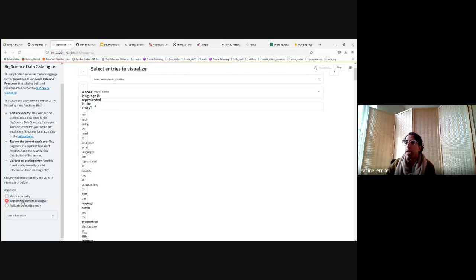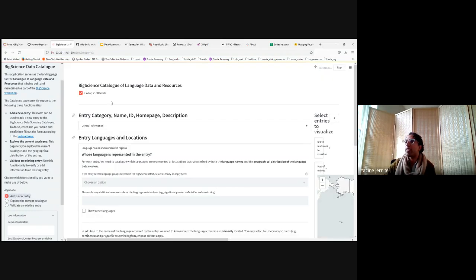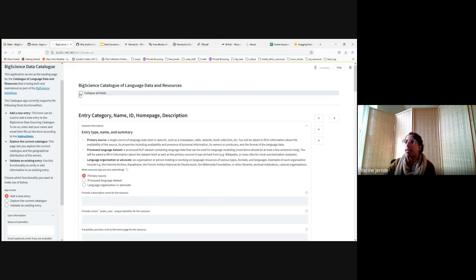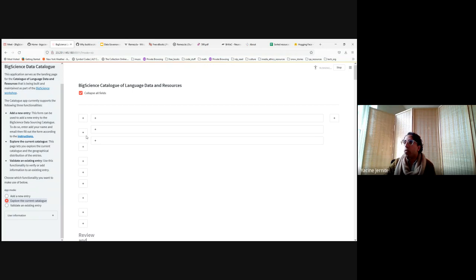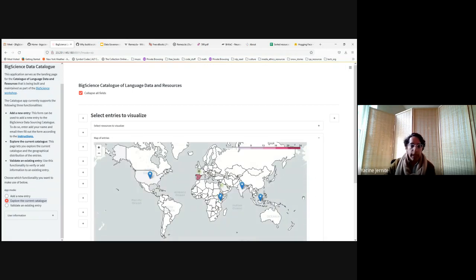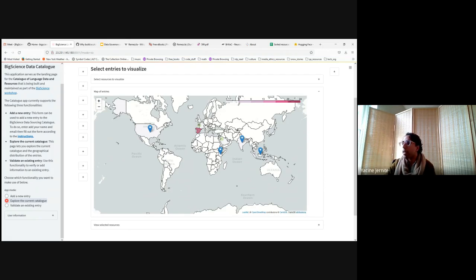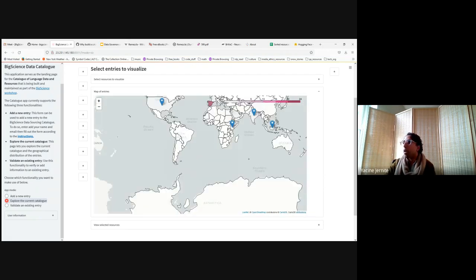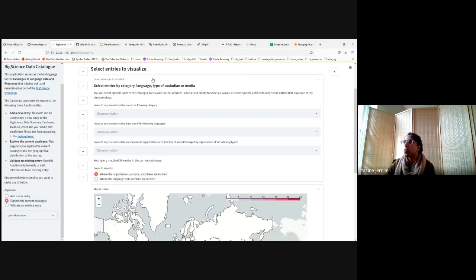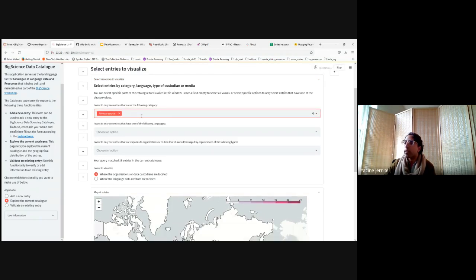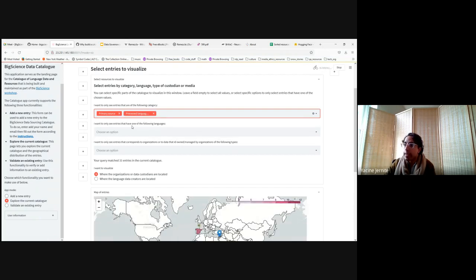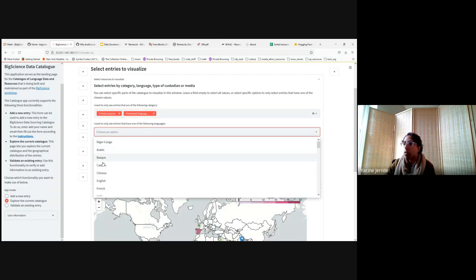First, you can use it, let me collapse fields here so that we have a nice visualization, to visualize the data that we have right now. And it's going to give you a map of where things are located. You can filter to only look at, for example, sources, like only primary sources and language data sets rather than organizations. You can look only for, say,